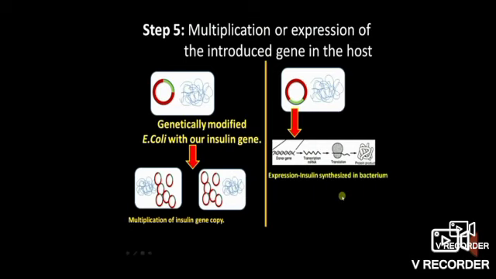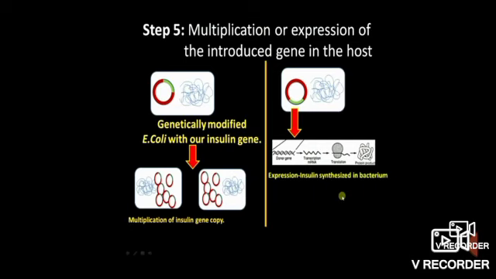Now come to the right hand side of this slide. Actually, our intention was to synthesize insulin inside E. coli. So this is what is happening. This gene will be transcribed. You can see there, it will be transcribed and translated. Later, the protein produced is synthesized inside the bacteria. So transcription and translation, all this is called expression. So expression is happening. That is, insulin is being synthesized inside the bacterium.